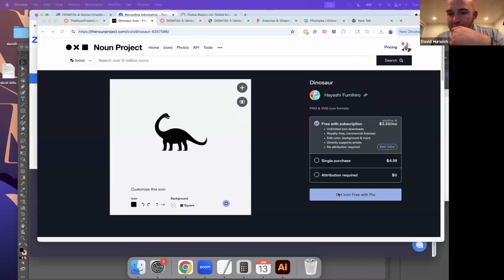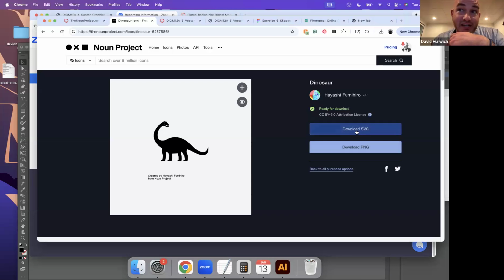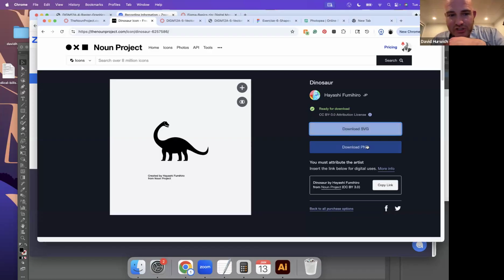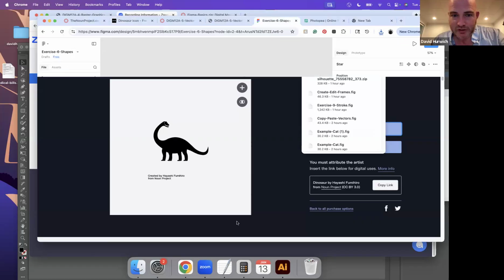What I'm going to do is, now it seems like you have to pay for this. You don't. You just have to go to where it says attribution required, click icon, and then we're going to choose the SVG format because that's a vector format. Downloading it as a PNG would be a raster format. And so I'm going to go to Figma here, and I'm going to go to image video,